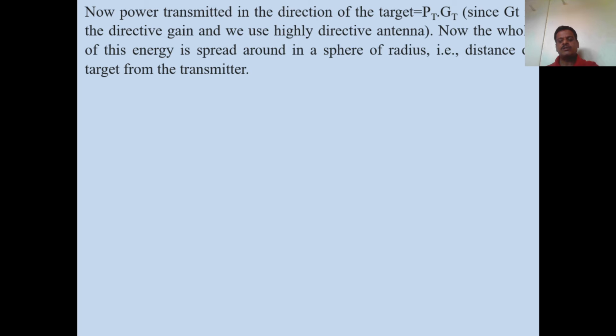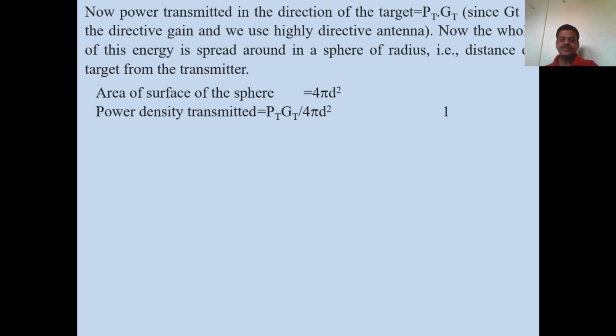So let us now see, the power is transmitted in the direction of the target, and the power which is transmitted in the direction of the target is equal to PT into GT, that is the power gain, that is PT into GT. Whole of this energy is spread around a sphere of radius equal to the distance of the target from the transmitter, and the surface area of the sphere is equal to 4 pi d square. Then the power density is equal to the transmitted power divided by the surface area, and this power density of the transmitter is equal to PT into GT divided by 4 pi d square,